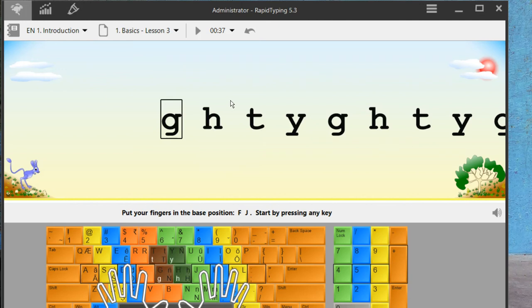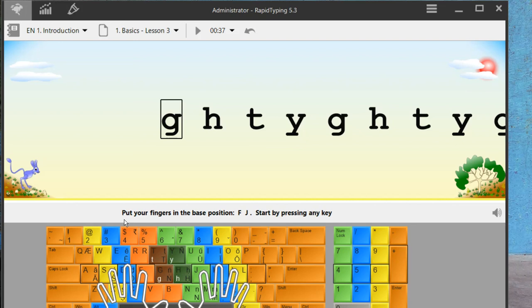And to type these letters, what do you have to do? In the last class we practiced all the alphabets which are in the middle row. Here the alphabets T and Y are on the upper row. So to type these alphabets, what do you have to do? We will practice all those things. So let's begin.